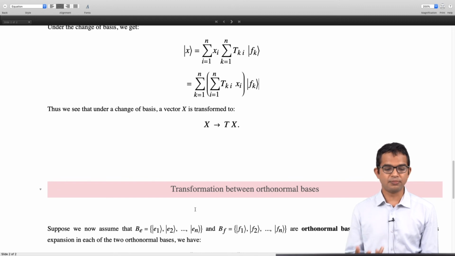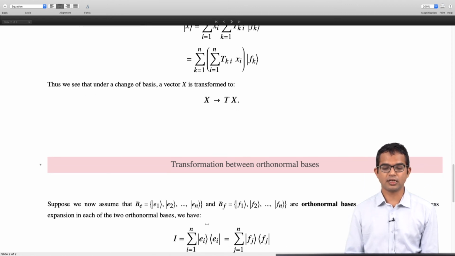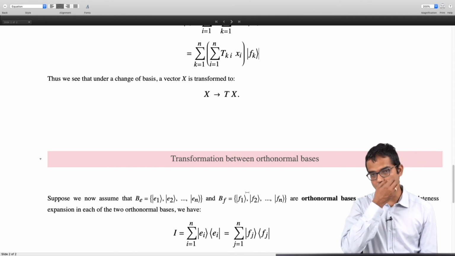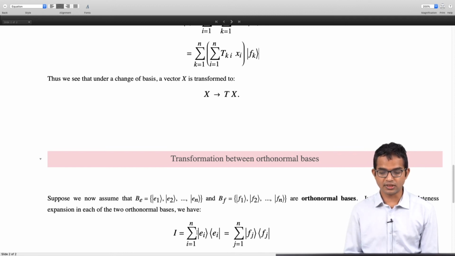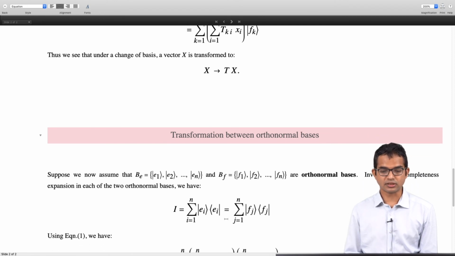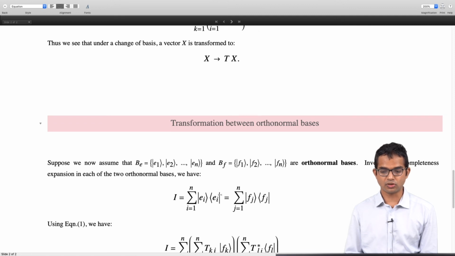So first of all, you have this completeness relation in each of the orthonormal bases. So identity can be written as summation over i of |e_i><e_i|, but identity can also be written as summation over j of |f_j><f_j|. If you wish, this is a representation of your identity operator, and it looks basically the same in any orthonormal basis. That's what this result means. And we'll exploit this to get some more constraints here for when you make a transformation between orthonormal bases.